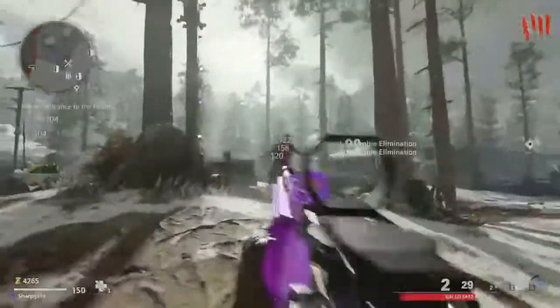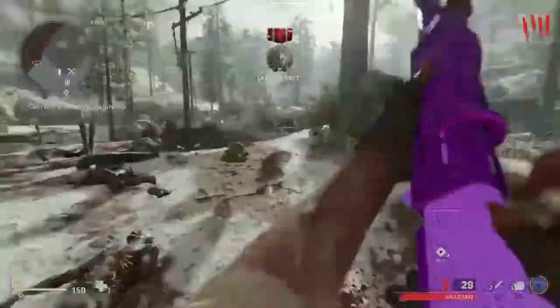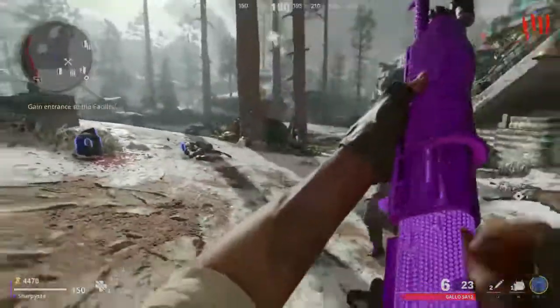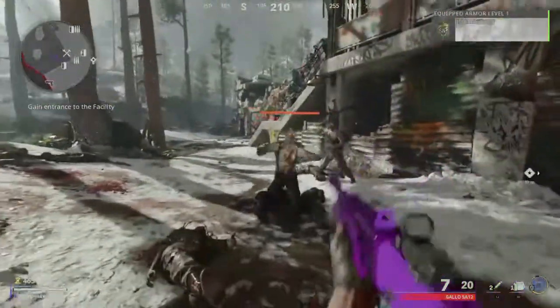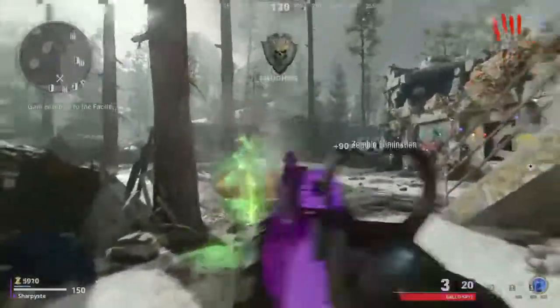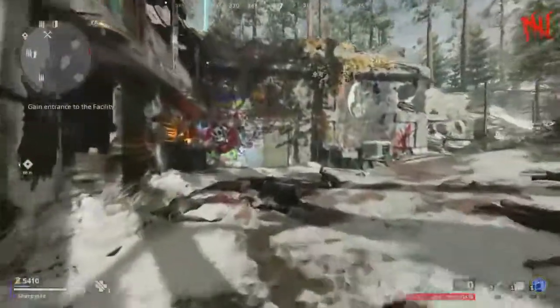Just remember, constantly on your toes. Remember not to get too cocky, too confident. Be sure to keep an eye on yourself and your health at all times. Keep an eye on the top with the ping radar as well, because that will also tell you where zombies are. But do not trust that ping radar, because I've noticed before that zombies don't necessarily show up sometimes on it, so...